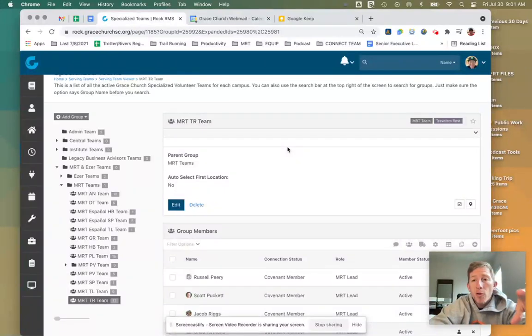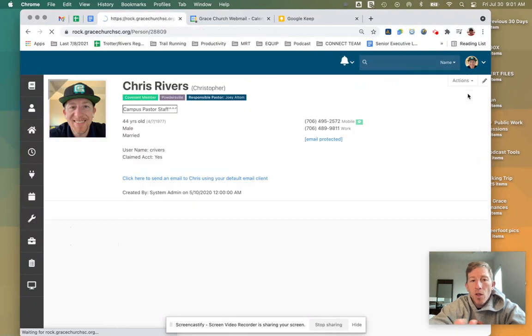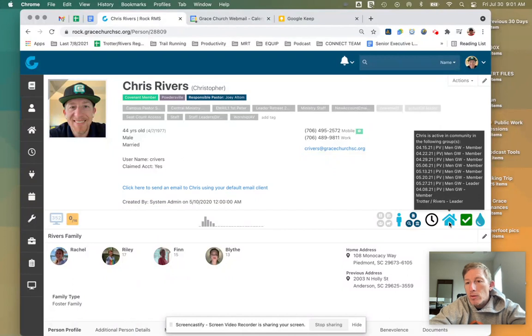But this is really helpful because, if we were to go to my record just so that you can see it, I know there's a lot of stuff going on my record, but on this clock, having that person in a team shows up on a badge. So these badges are really nice. We've got the house. These are groups. I'm actually in Regen, so that's why you can see so many groups that I'm in.